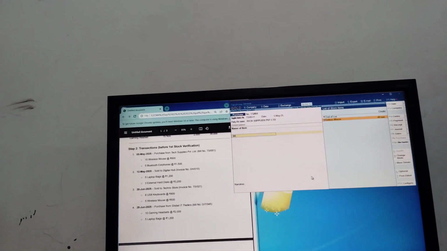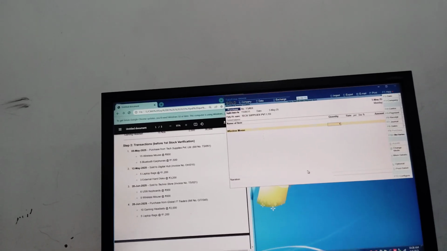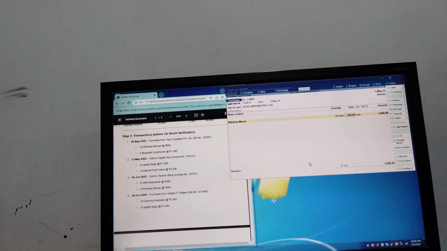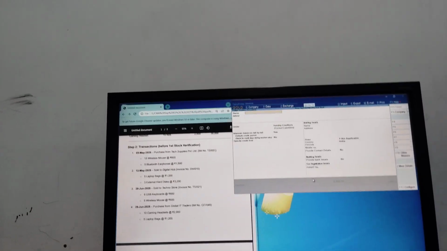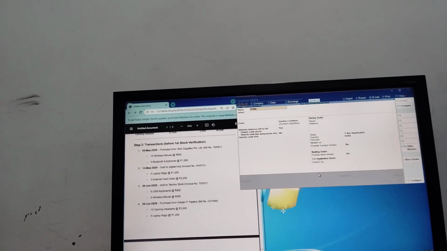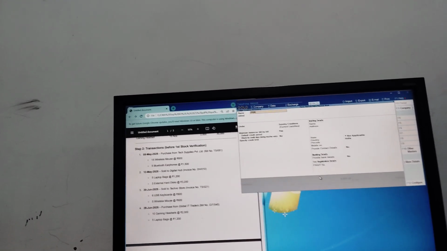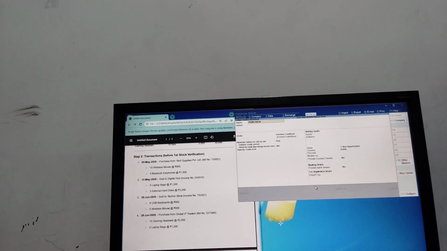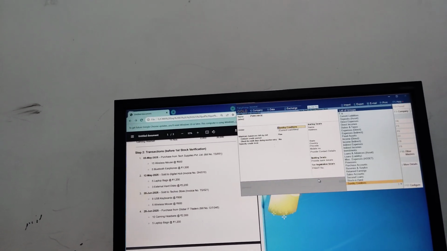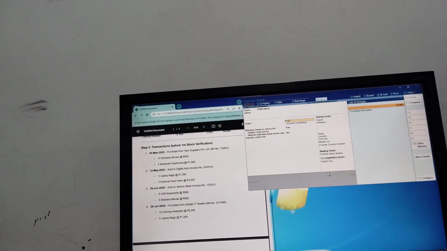Wireless mouse. How much? 15. Rate 600. Discount, no discount. We have not created the purchase account, so let's create PURCHASE, under purchase head PUR.